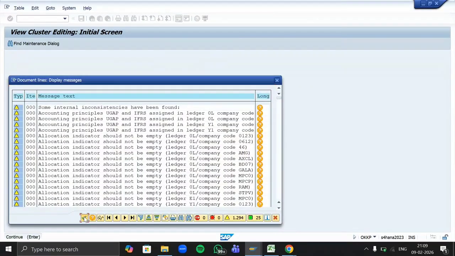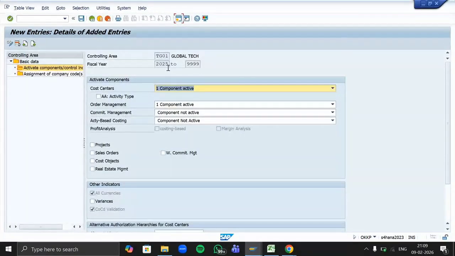Ma'am, could you please repeat this? See, now what is the work of controlling area? To track the company's cost and the revenue. So how will the company get to know that they have to track or analyze the company's cost from 1st of April 2025, not from January 2026? Here if you mention 2025 to your controlling area, then only they will get to know that it's fiscal year 25-26, not fiscal year 26.